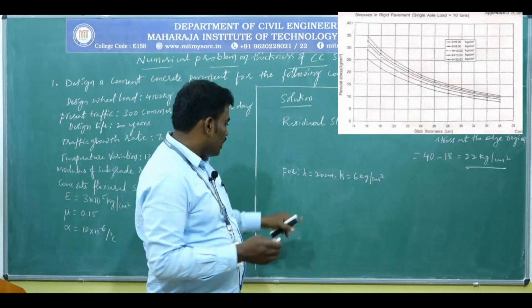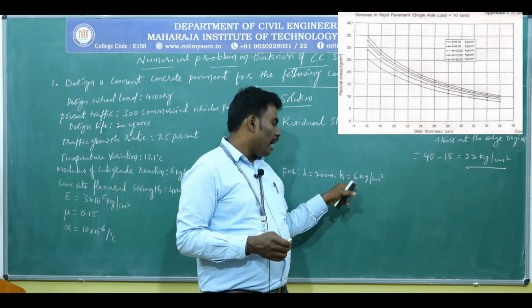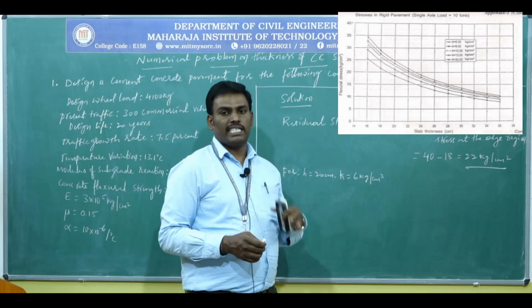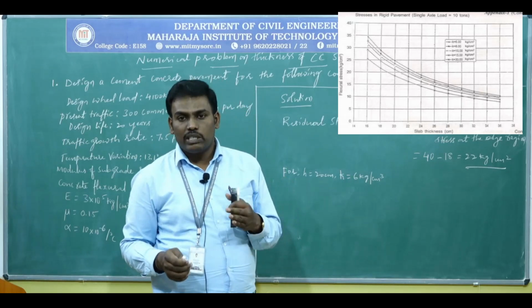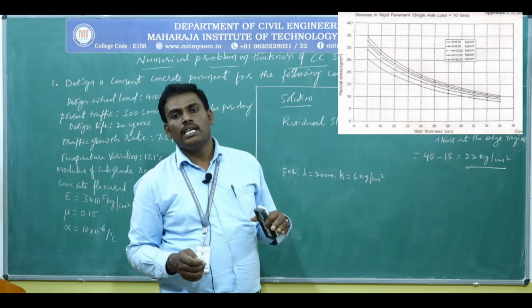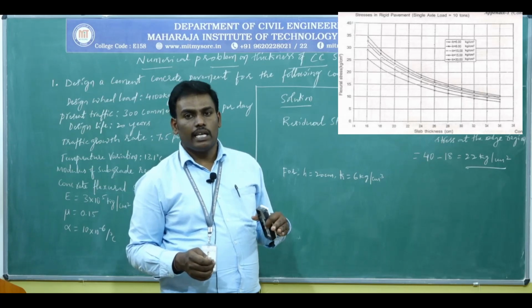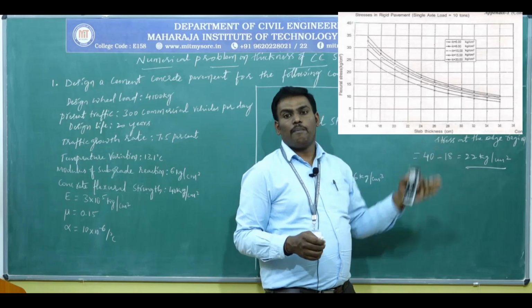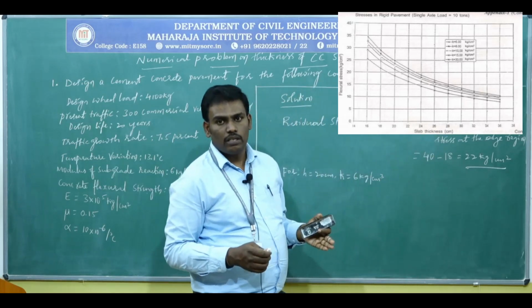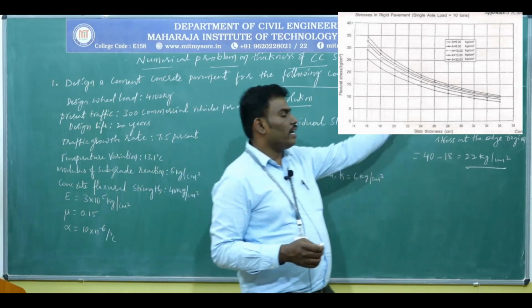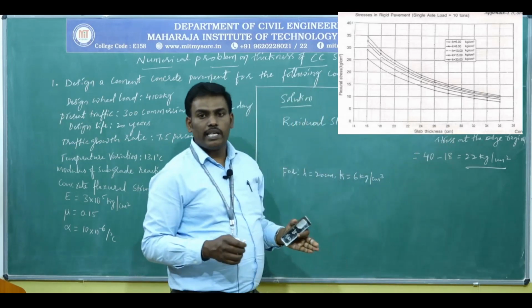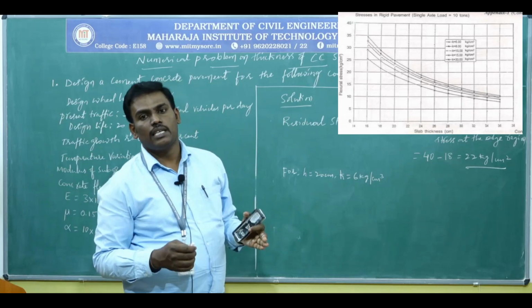For H equal to 20 centimeter and K equal to 6 kg per centimeter cube, for the single axle load of 10 ton, if you refer to the IRC 58-2002 Appendix 1 chart, you may obtain the wheel load stress